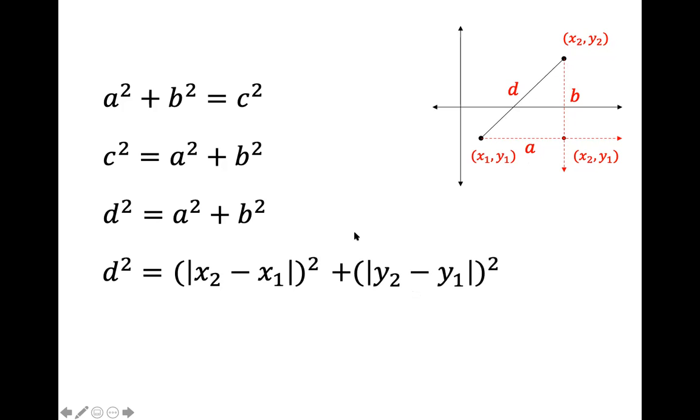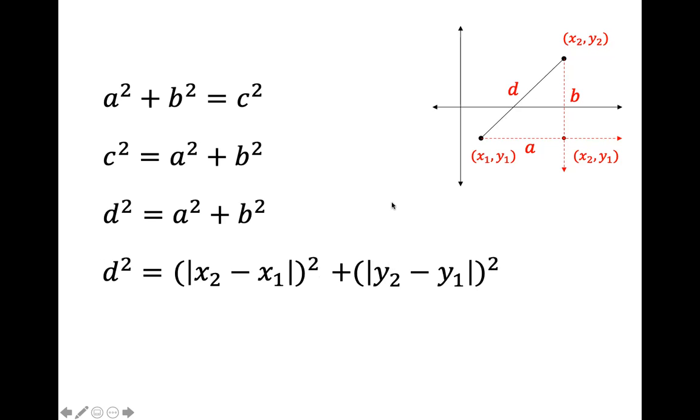Just using Pythagorean theorem here. But let's think this through. Let's see, x sub 2 minus x sub 1 squared. Anytime you take a number and you square it, it ends up being positive. So I guess the point I'm going to make here is that both of these, both for the x values